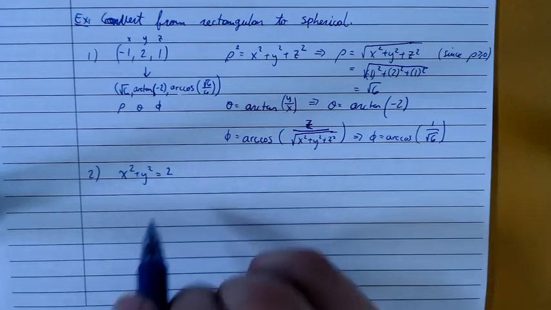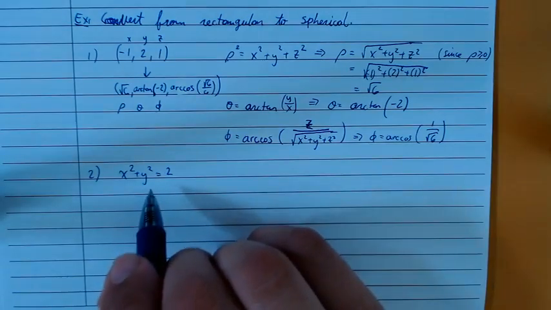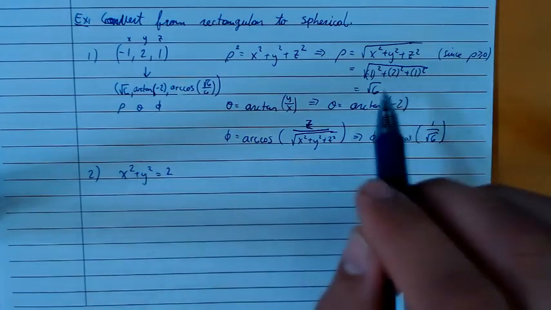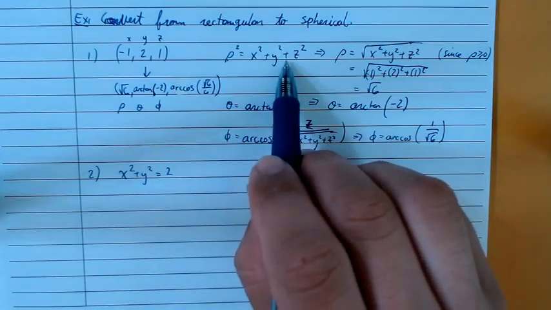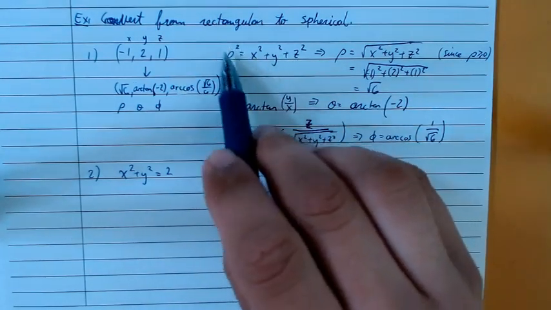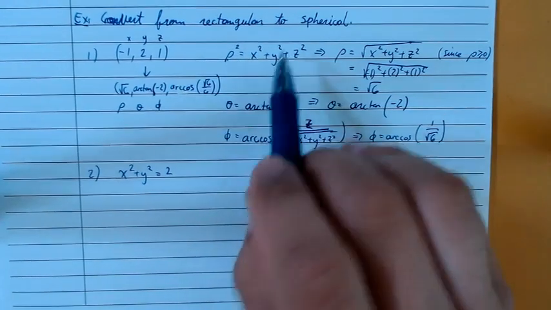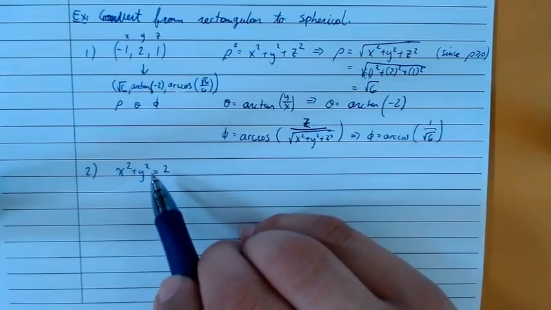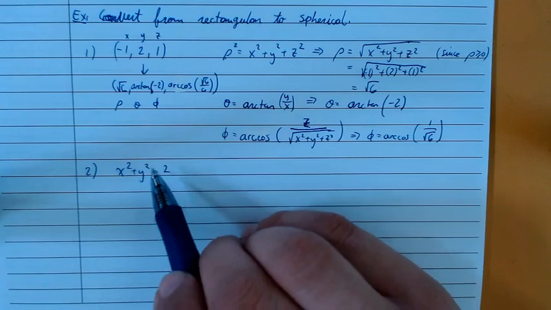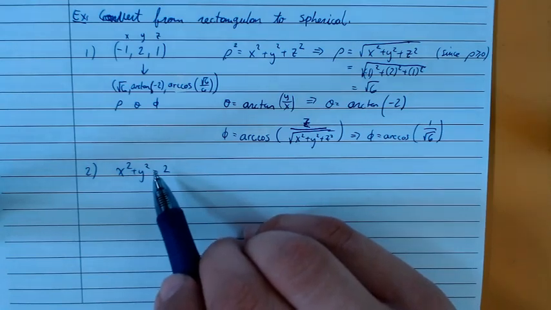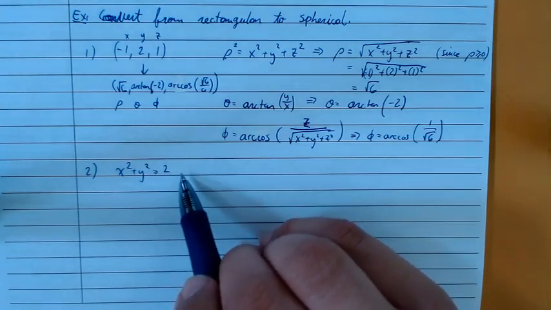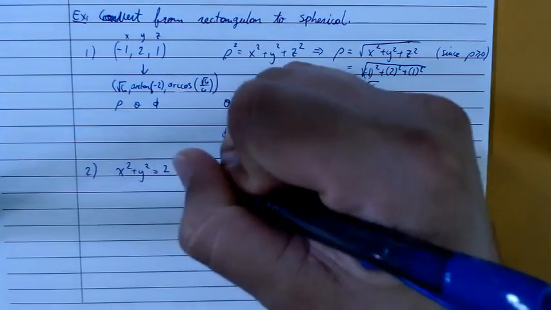So here we go. We're going to go ahead and take this. Note that this is almost that expression there, x squared plus y squared plus z squared. That would make converting really simple. Well, let me add z squared there. But you can't just randomly add something, right? You'd have to add it to the other side. Okay, well, that's fine. Let me go ahead and write that as